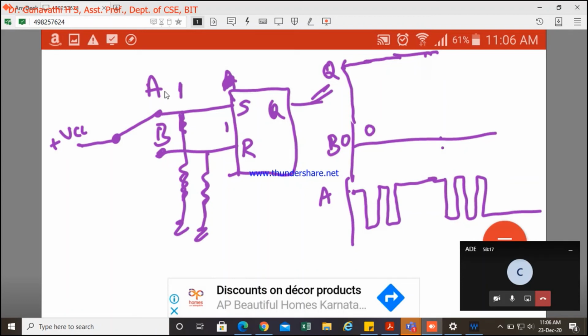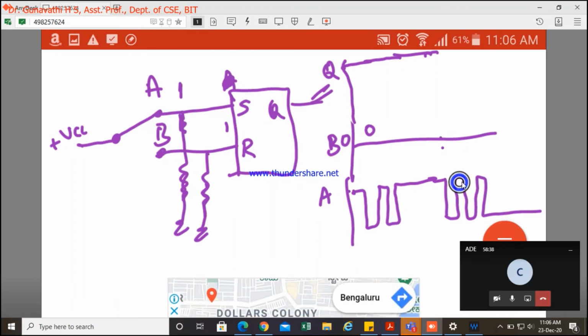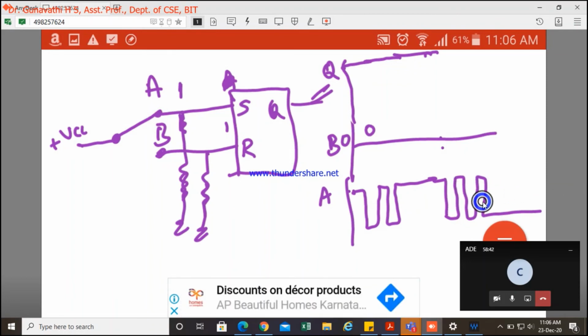Got it? Here also, if I look into this bouncing effect, 0 0 here, what will happen? No change. It will continue with high only, because this bouncing effect is because of the switch connected to 1 or 0. There is no idea if this is the content. So we'll be having high only till here. So again here it continues.